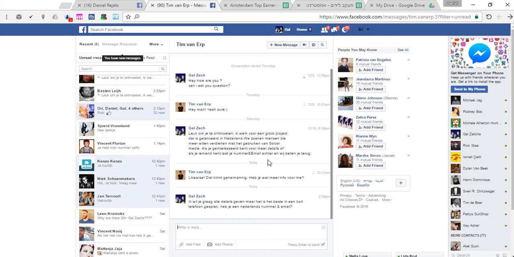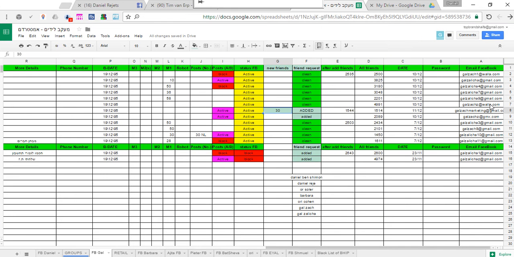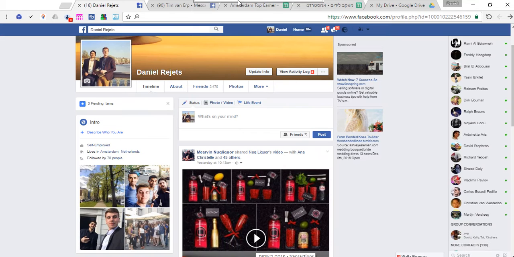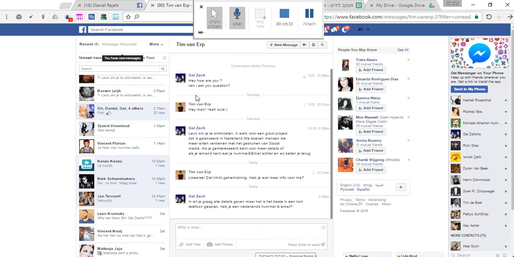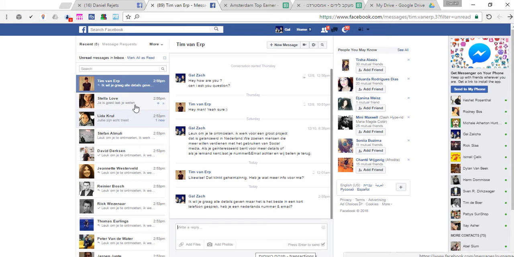Okay, now all of this, guys, I want you to pay attention that you need to fill in the table. So how many new messages did I send? If I have 30 new friends, I sent 30, only for the example. Put the right number so you can know statistics afterwards. New message number 2, I sent 14 messages. I counted it. Okay, now message number 3, I sent 1.